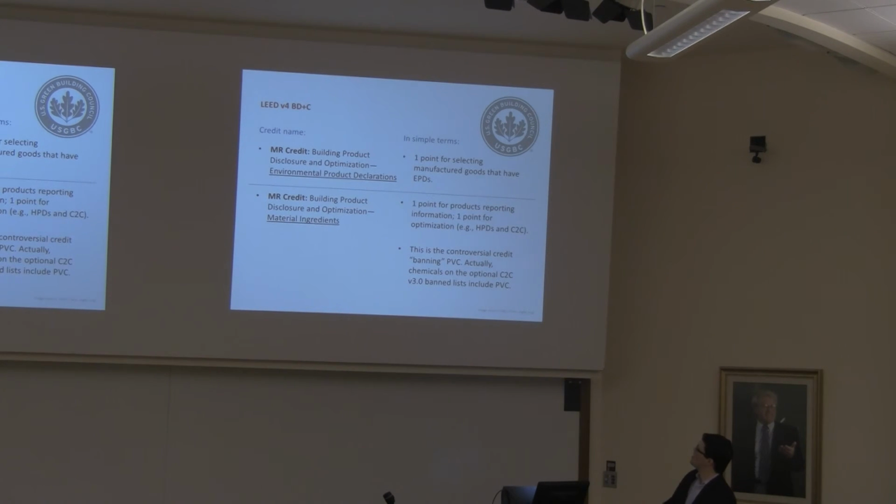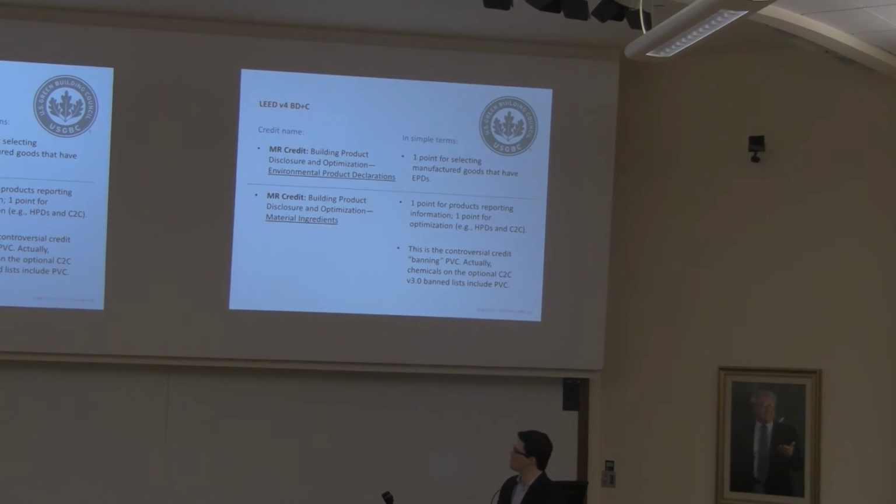Looking at the option for materials ingredients, that's looking at the reporting information, and that's where you have options for things like the health product declarations, the Cradle to Cradle certified products, and then there's the whole controversial credit about banning PVC, which is misrepresented in the media. There's no actual ban on it, but if you want to cite a material that's got the C2C certification as part of their system, they have PVC on one of their red lists. So it's one credit that we're talking about out of the entire rating system, and it's optional. It's not a prerequisite or anything, but it's